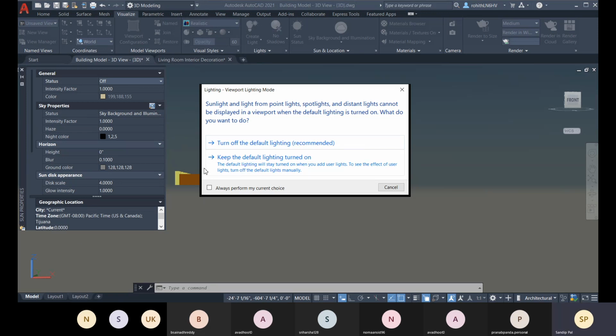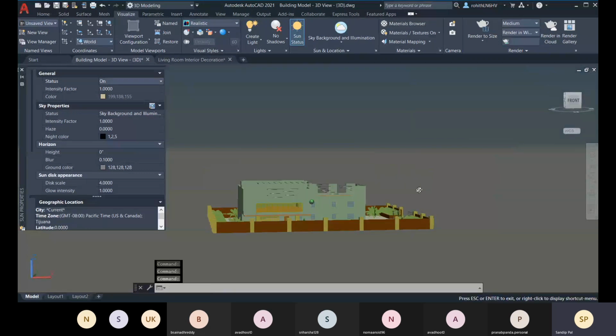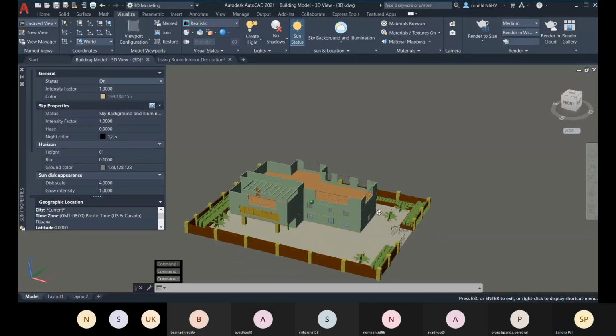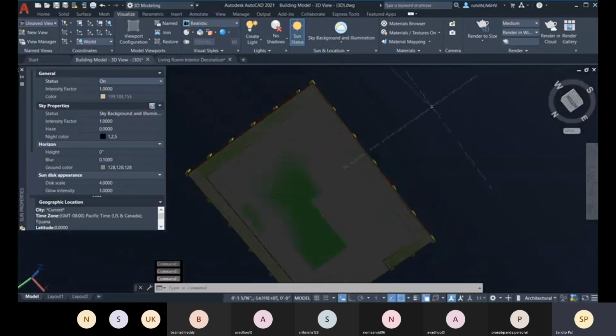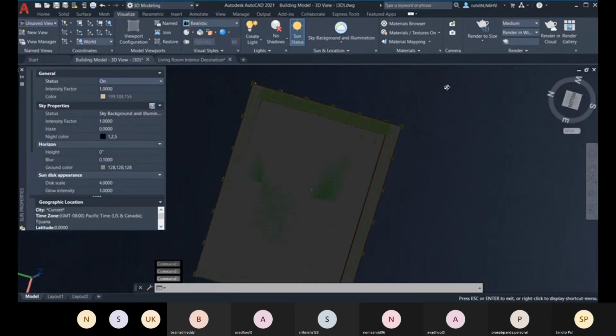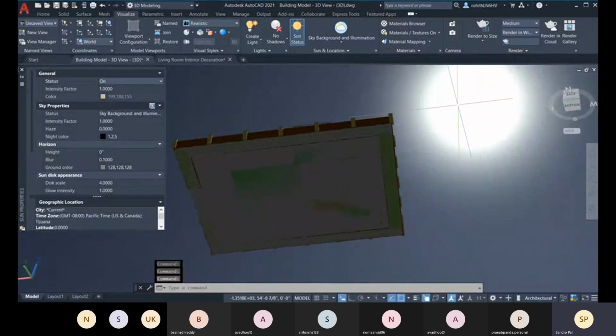Whatever is your requirement, you can choose that. So let's go with that. And there you can see, right? Now let me show you the sun there. Yeah, so there you can see your sun is available in the sky.